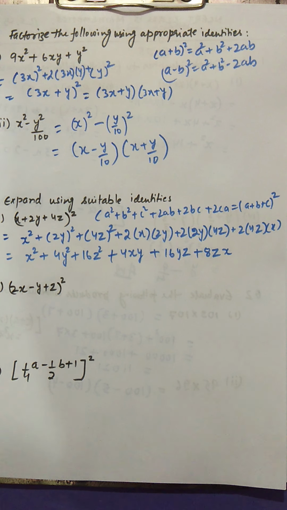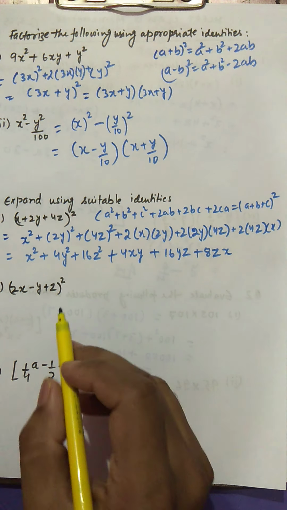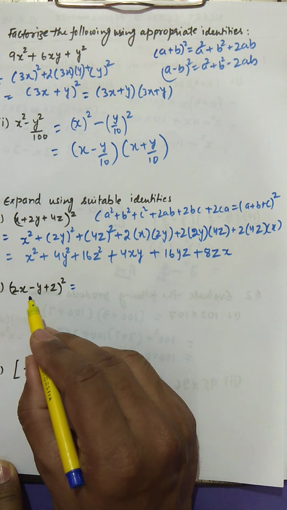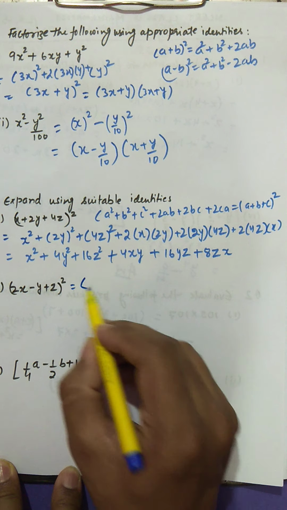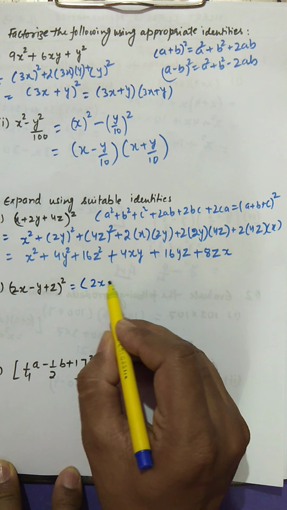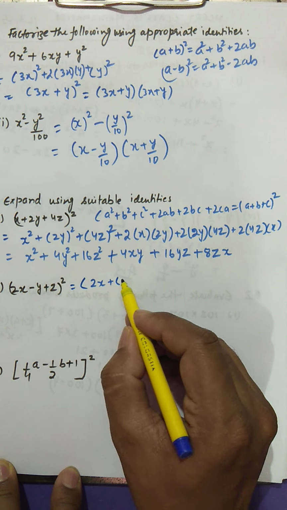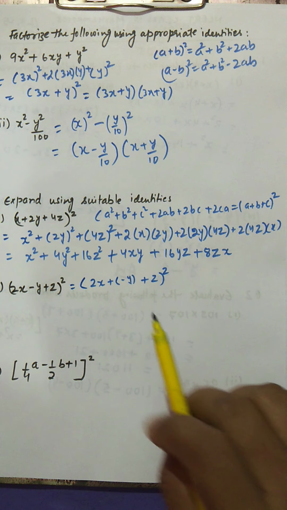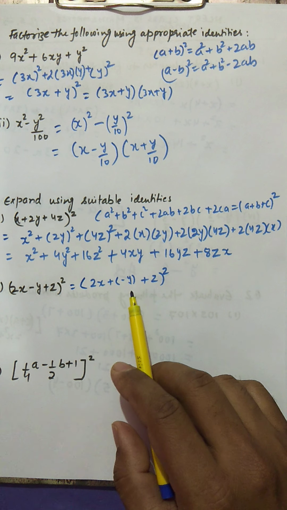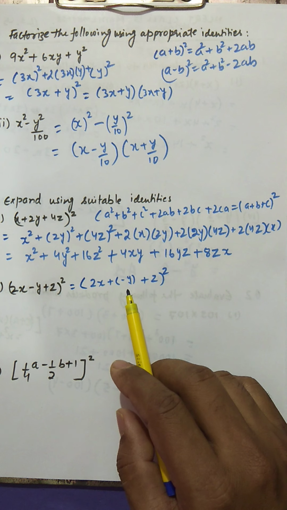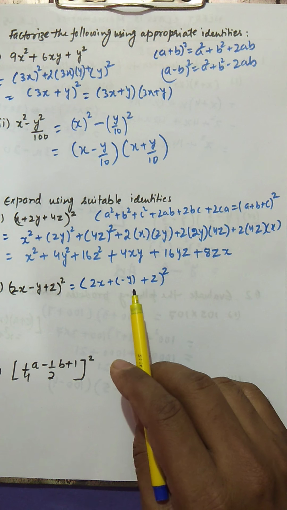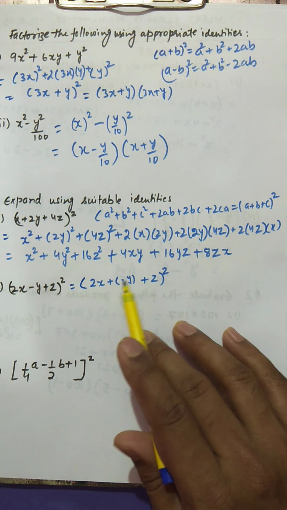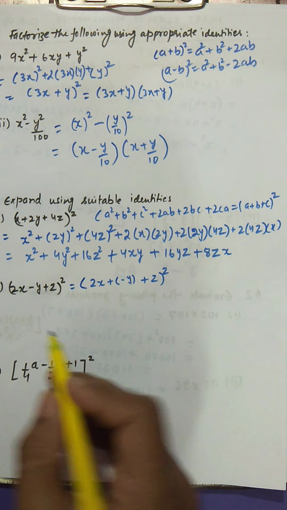Now come to the second one. What is the difference you see in this and this one? You can see this minus sign has come. So this minus can be taken as (2x plus, you may write, and in the bracket you may write minus y, and then z) whole square. Now you can see this is a plus b plus c, but b is now minus y. So in the above formula you will just write b as minus y and apply the simple formula.